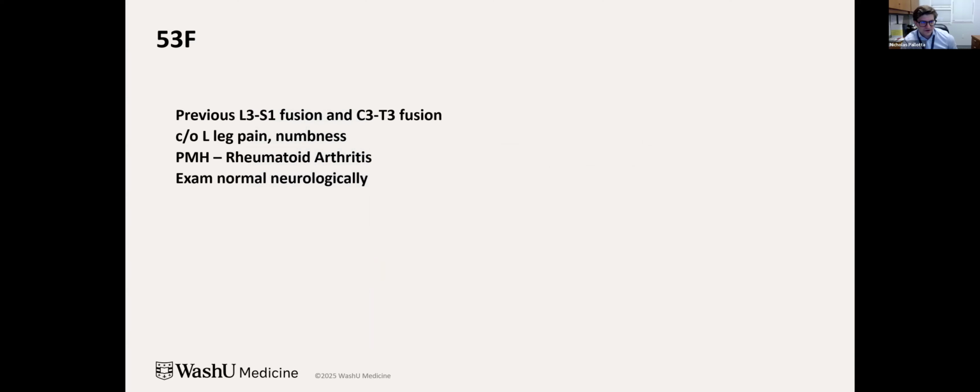So I'll illustrate that here in a patient that had a previous lumbar fusion from L3 to the sacrum, but also had a cervical thoracic fusion, was complaining of leg pain and numbness, did have a history of rheumatoid arthritis, but